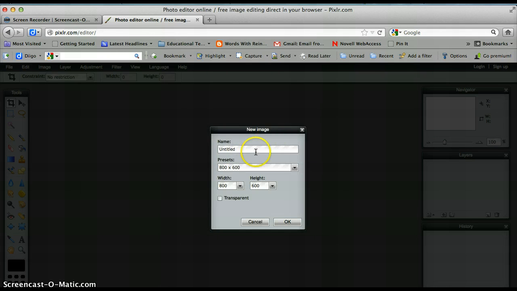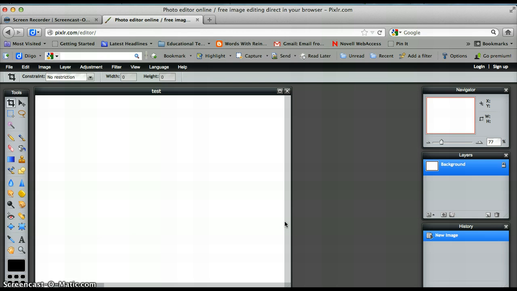Now, this box asks you to name your image. Today I'm going to name mine Test, and it allows you to choose the size of your picture. For these purposes and most purposes that we'll be using in class, you'll want an 800 by 600. Then click OK. My canvas comes up, and the first thing I'm going to do is to add a background